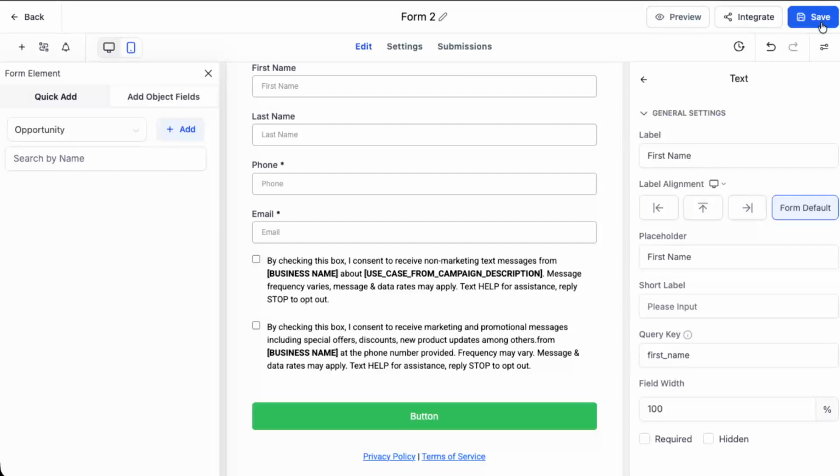When you're satisfied with your form's structure and design, make sure you click on Save. This final step ensures all your changes are stored, and your form is ready to be used inside your funnels, websites,